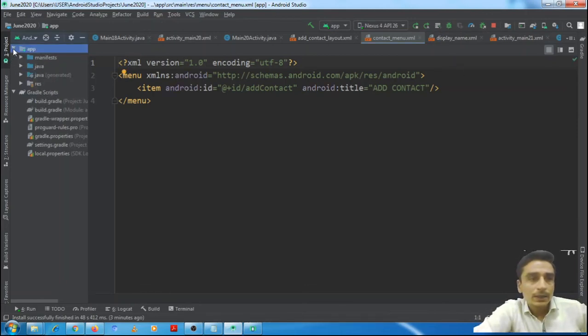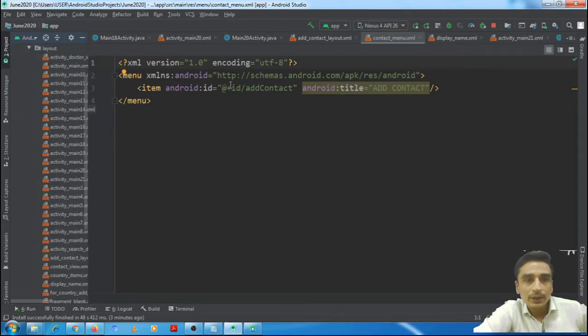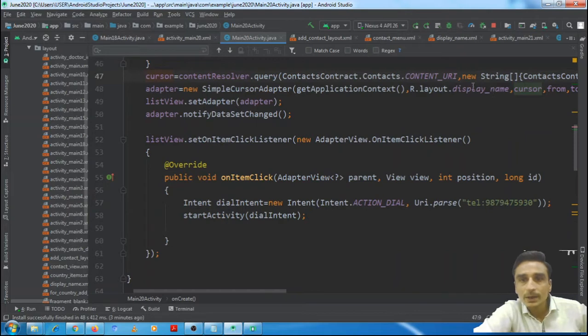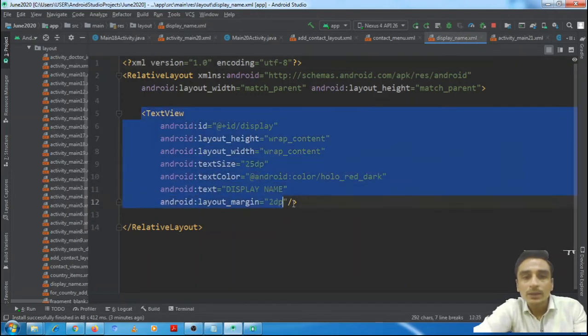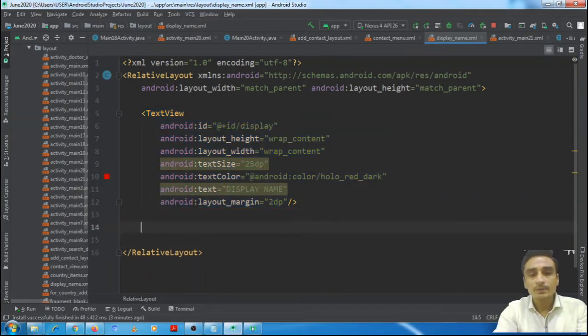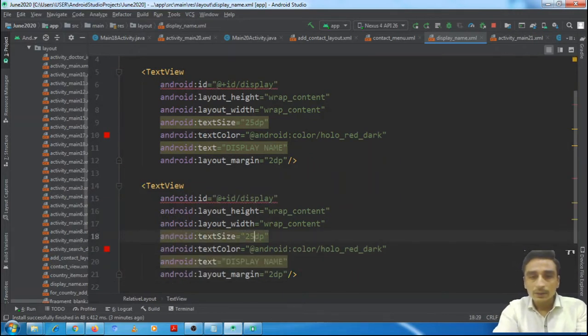Which layout is that? Let me see here, list view, simple cursor adapter, display name, r.layout.display name. I will put another text view here. It is a relative layout. I will put a simple small text view, the size of the text will be 15, and I will give it the name has numbers.